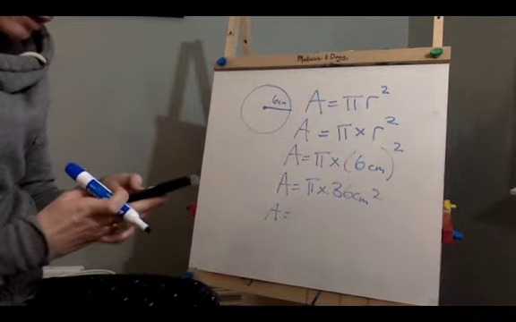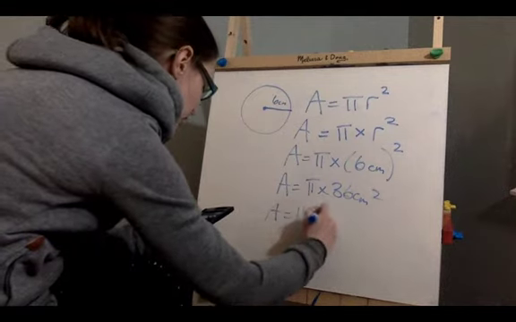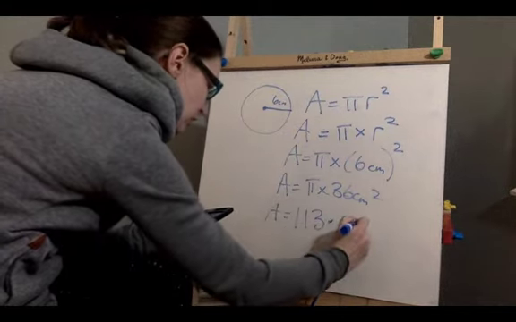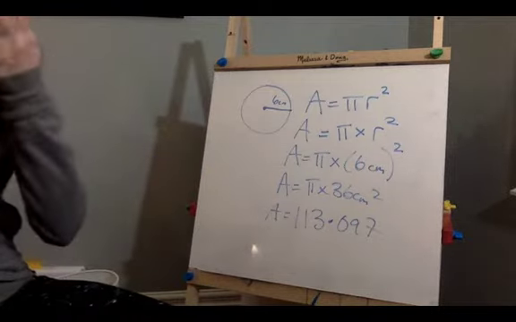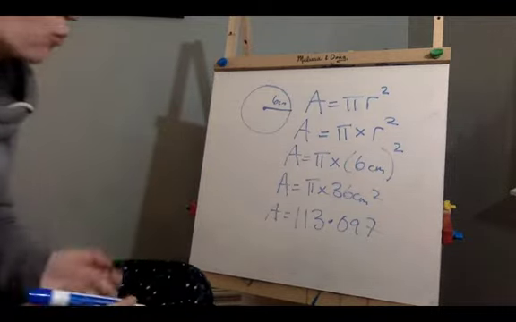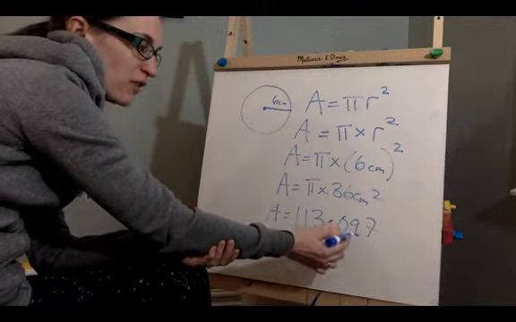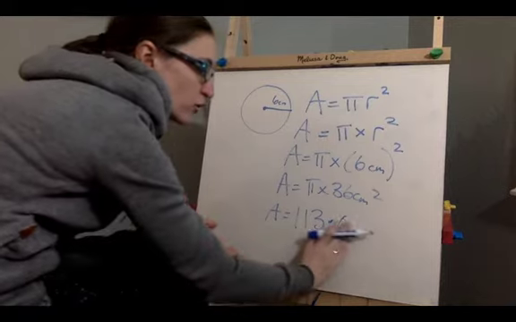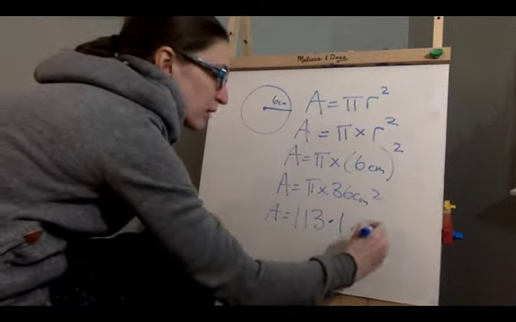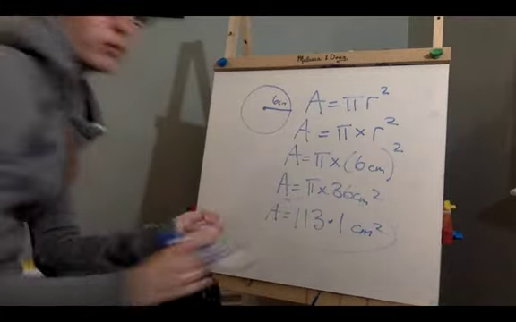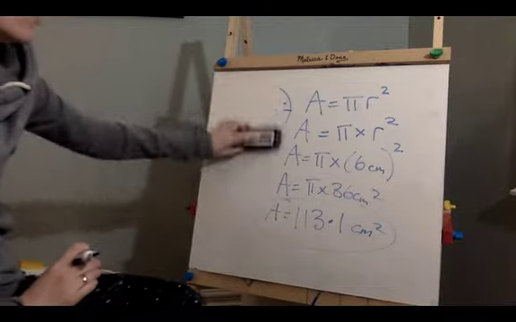So 36 times the pi, and we get a value of 113.097, and it keeps going, right? So let's just round this to the nearest tenth, right? So 1 decimal place, and since the second digit here is a 9, this would bump up to a 1. So this should be 113.1, and then again, my units are in centimeters squared. And that would be the area of that first circle. Okay, now the next circle